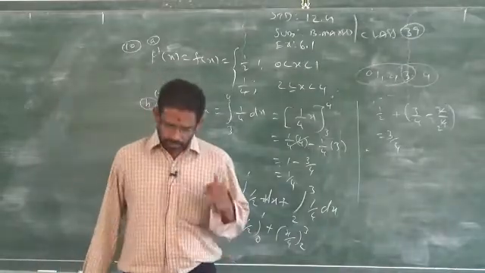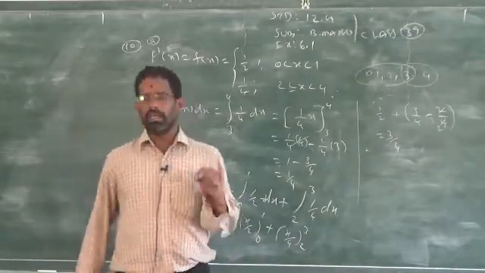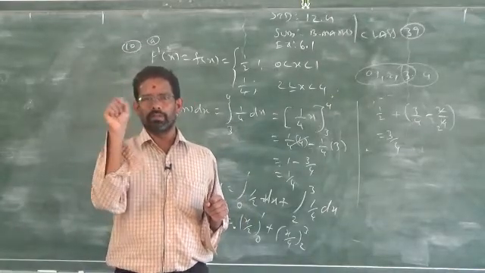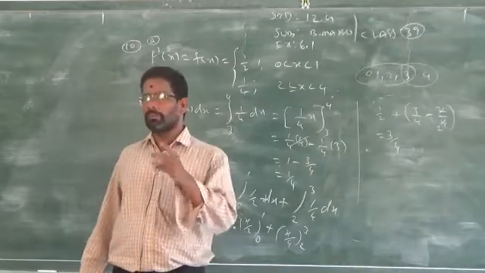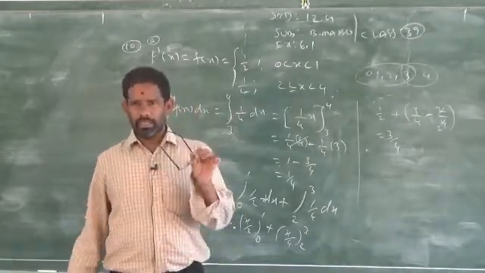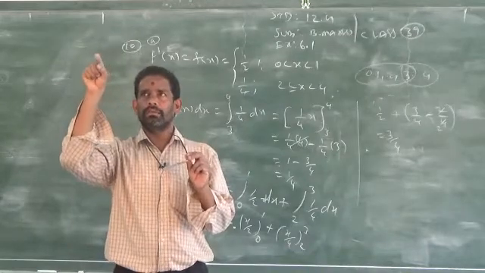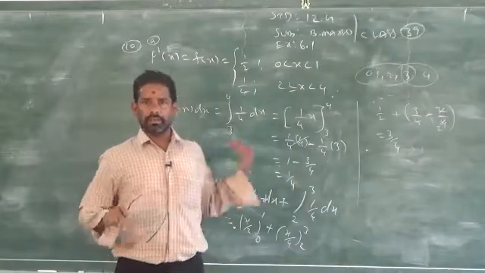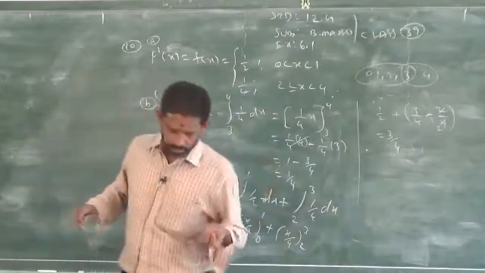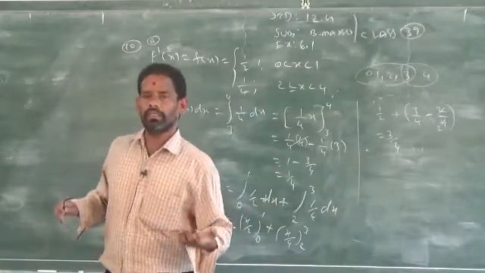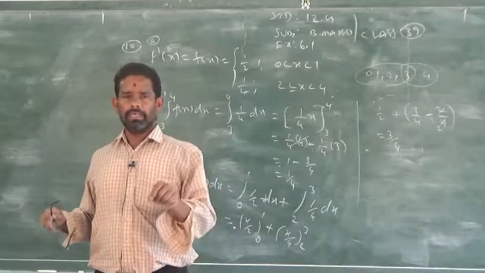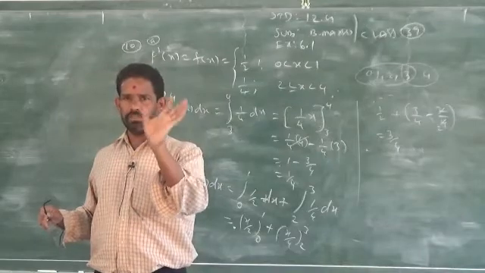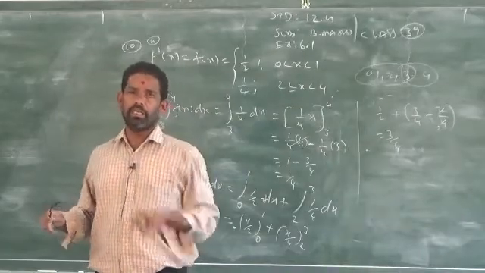Clear? And in sum number 8, I am replacing x by 3, 3 minus 2 whole to the power is 2 power 3, 2 power 4. 2 power 4 is how much? 16. But I did not consider the power, I wrote 2 as it is. That is why you got the wrong answer. Clear? I gave hints where I made mistakes, in question numbers 8 and 10. In question number 8, I am replacing x by 3 minus 1, that is 2 power 4. That power I did not write. So, I got directly 2, so I did not get the answer. Clear? So, you have to rectify that.